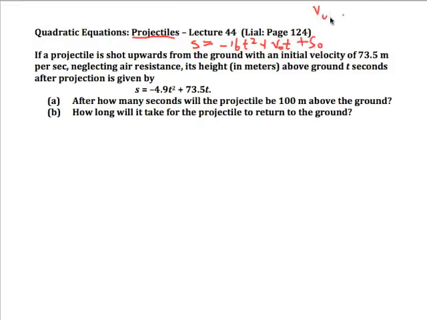Now V0 is the initial velocity or speed, and S0 is the initial height. So in this case, the projectile is shot upwards from the ground, so its initial height is 0. So in this case, S0 is equal to 0. So that's why you don't see it here. And the initial velocity is 73.5, so we have 73.5 for V0. And S is going to be the height